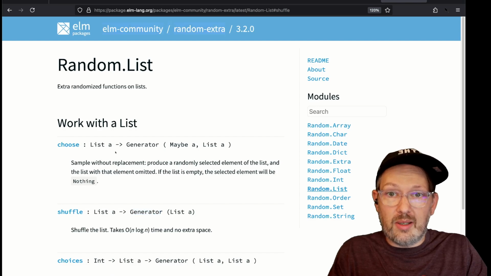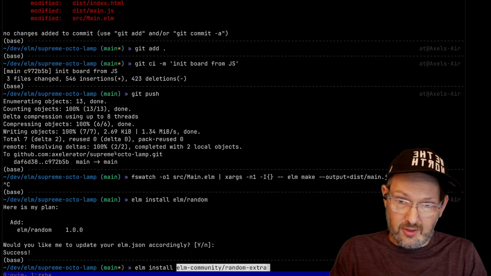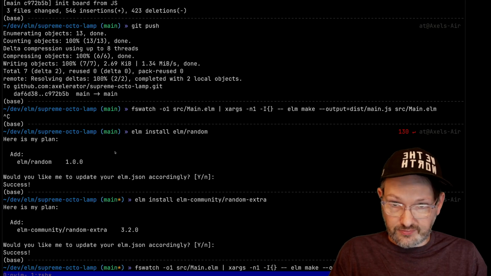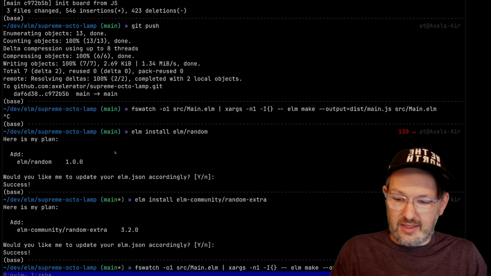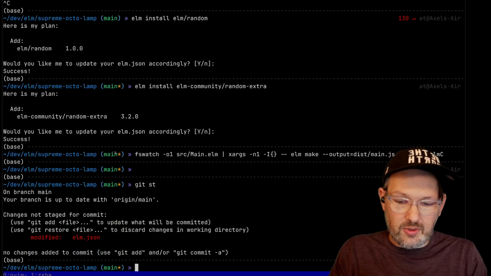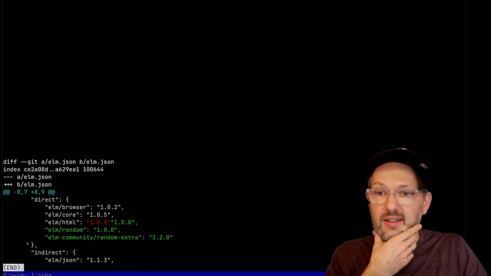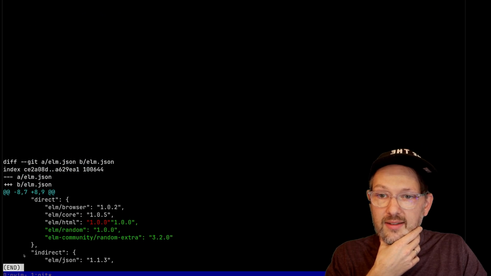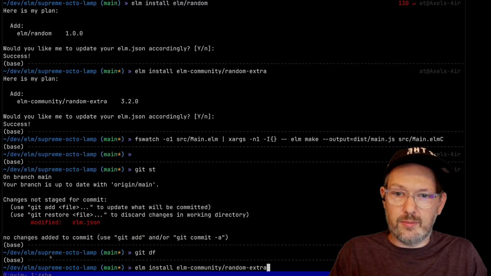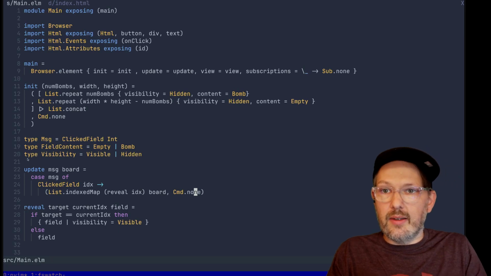And while we're at it, we're going to do the same thing. I'm just going to grab this string here from the top and say elm install elm-community/random-extra. Yes, please. And now actually I can give you a quick diff here. Our elm.json was modified. So if we say elm diff, then we see in our direct dependencies, it added these packages for us. Awesome. Bring back the watcher and